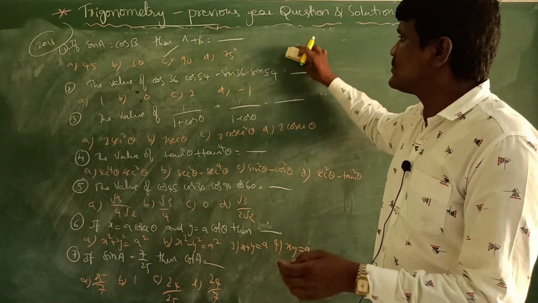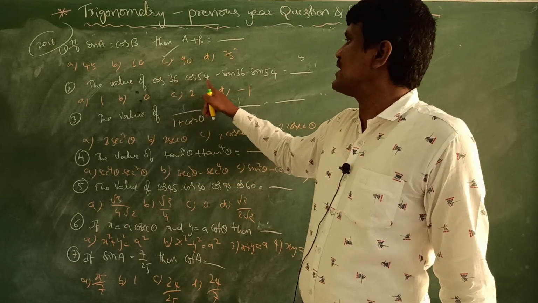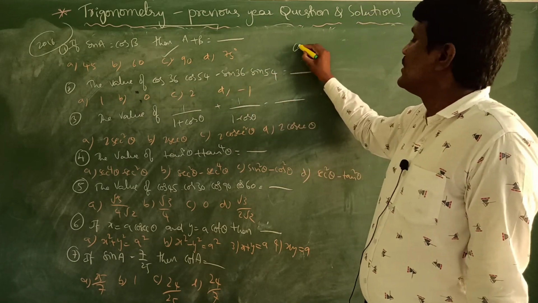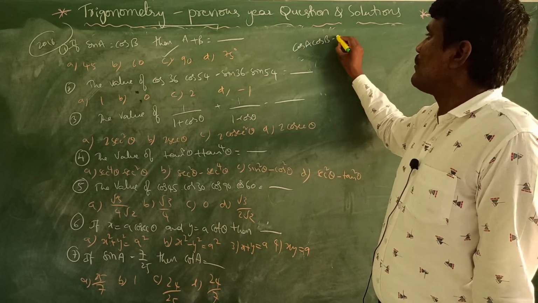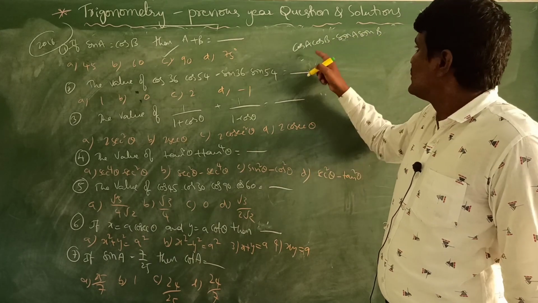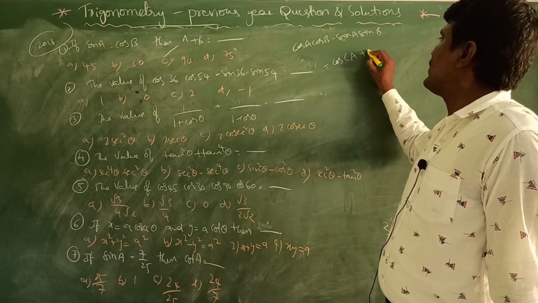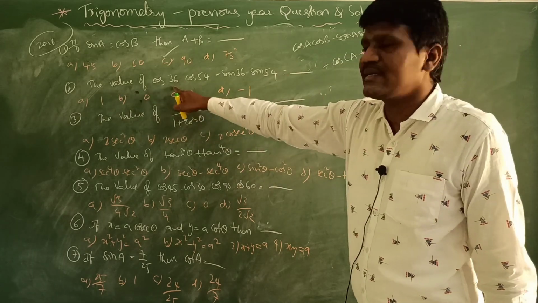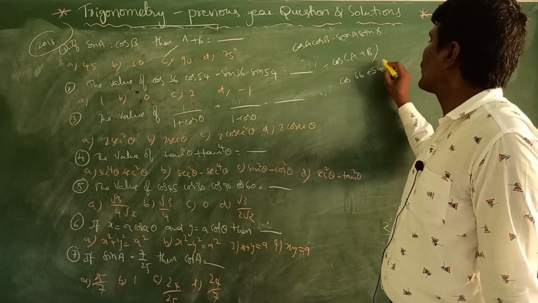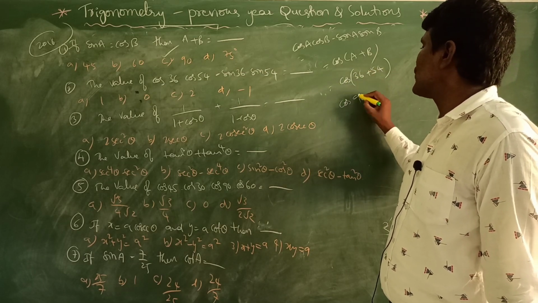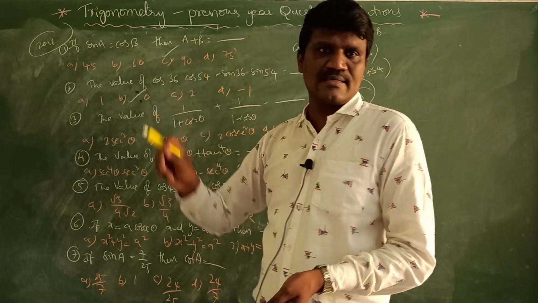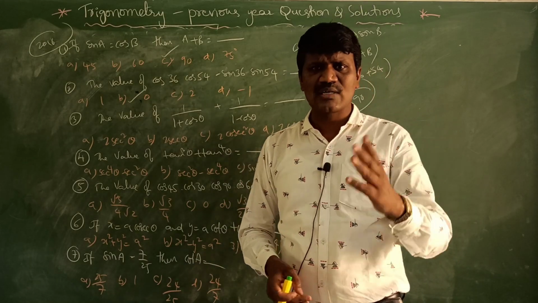Right? So this is based on that only. Cos A cos B minus sin A sin B. So what is the value of cos A cos B? The formula, cos A cos B minus sin A sin B. We have already said the formula. The formula is cos of A plus B. So A means 36, B means 54. So cos 36 plus 54 is nothing but cos 90. So what is the value of cos 90? Cos 90 value is 0. So the answer is 0. Okay students?